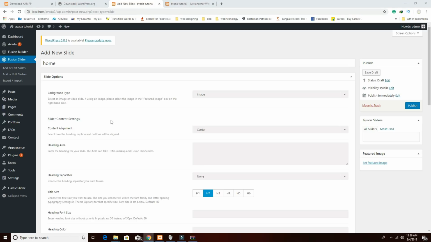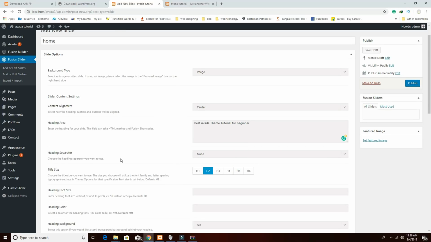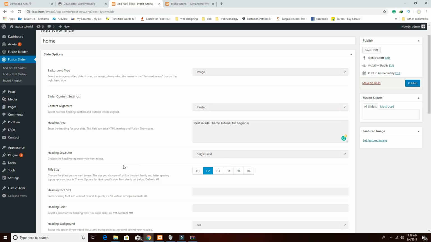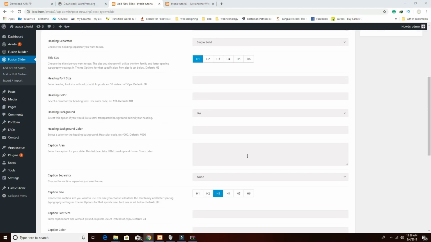So heading area, I'm giving this text. Okay, and heading separator, I'm giving a single solid. Heading text should be h1, and here I'm giving this caption area some random text. I'm keeping it as h3 only,